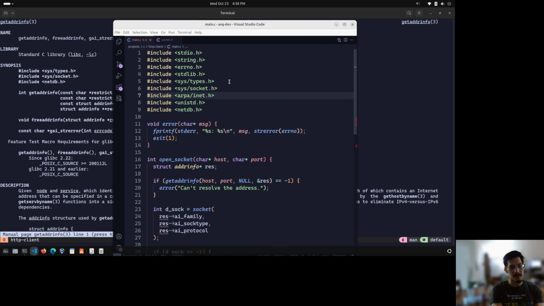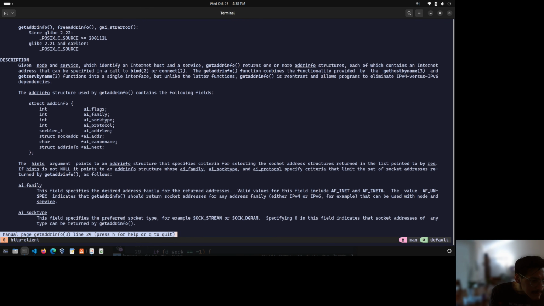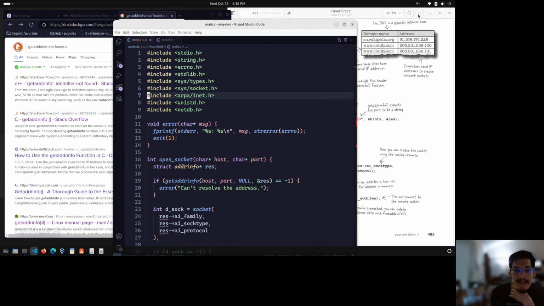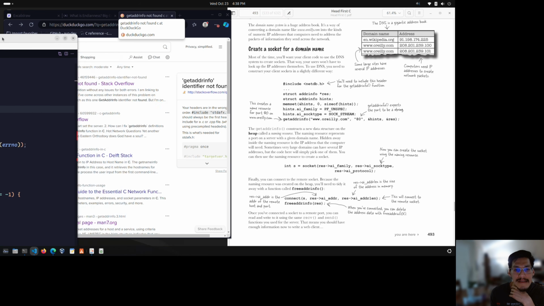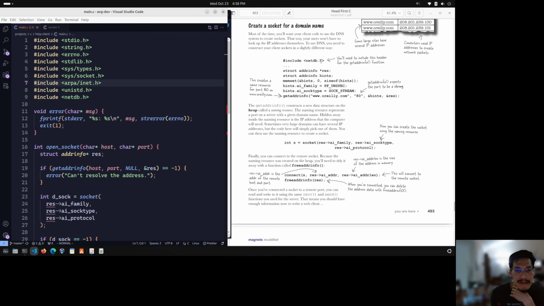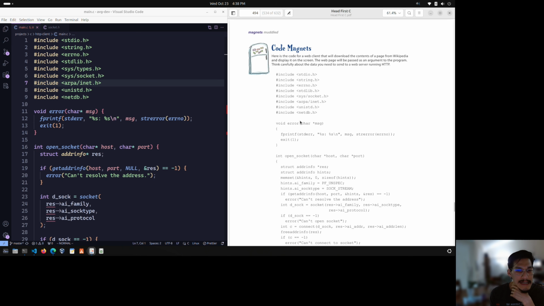Restart extension host. Weird. And we don't even have these. Am I missing something? Let's see. What an interesting way. netdb.h. This is the reason why doing this alone sometimes sucks, because